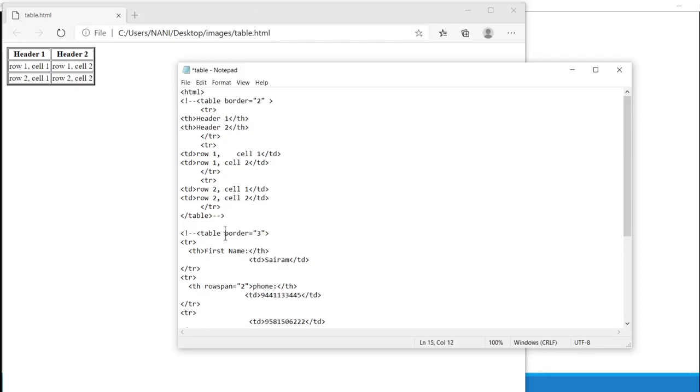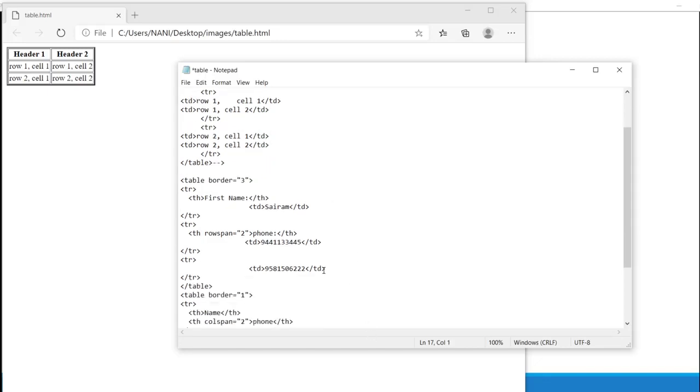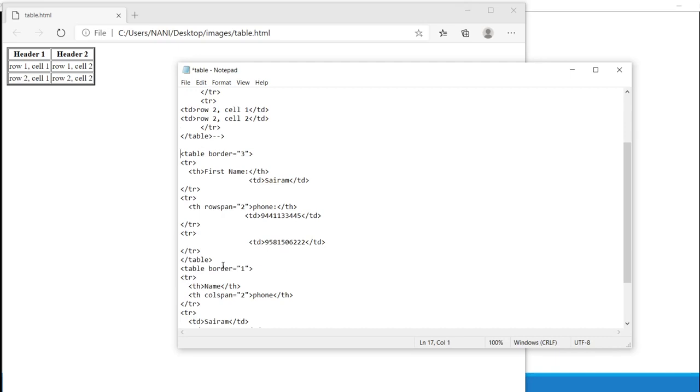And this is the next program for row span. Removing the comment lines. Save it.